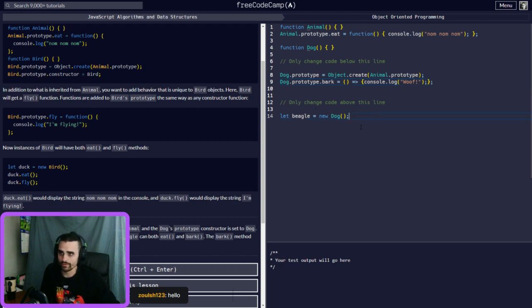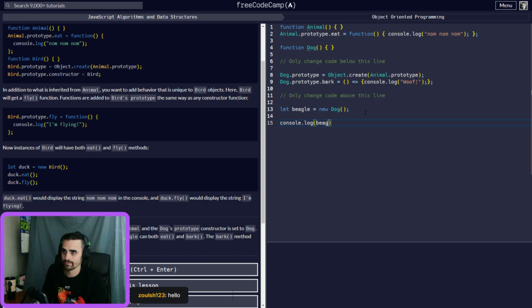And now when we call dog right here, we should be able to add console.log beagle.eat. Oh wait, we don't even have to do that because it already prints it out for us. So we can access eat, so this beagle is accessing everything from animal.